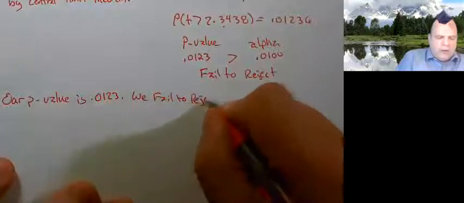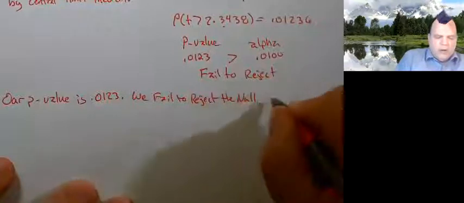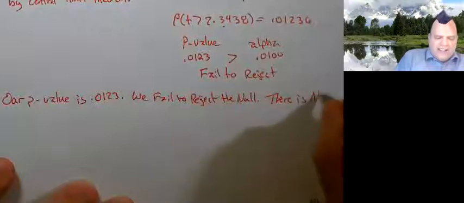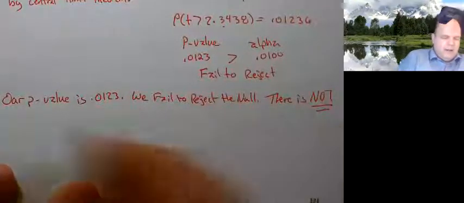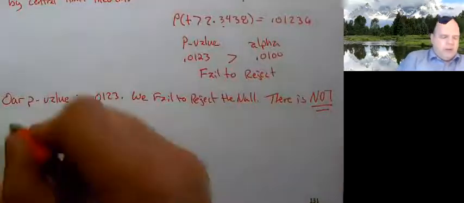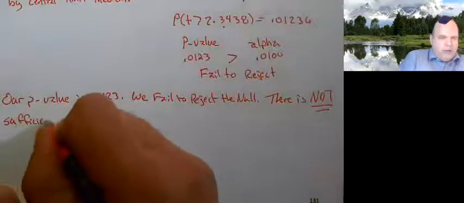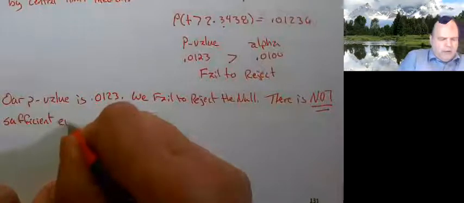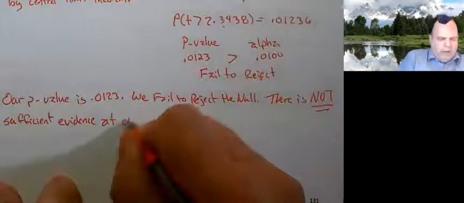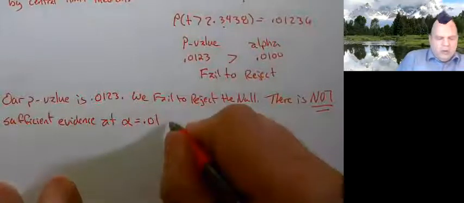What do we fail to reject? Fail to reject the null. There is not. If you reject, there is, but if you fail to reject, there is not enough, sufficient evidence at alpha equal 0.01 to